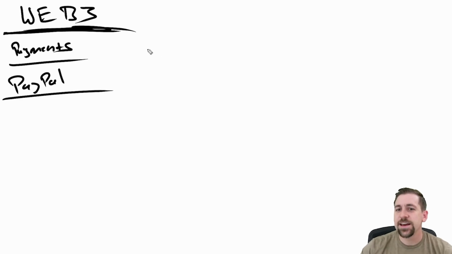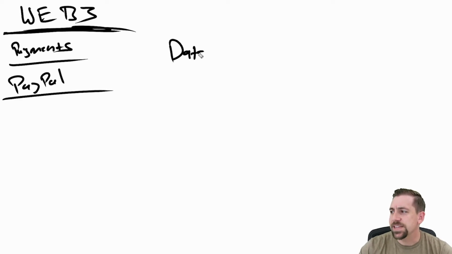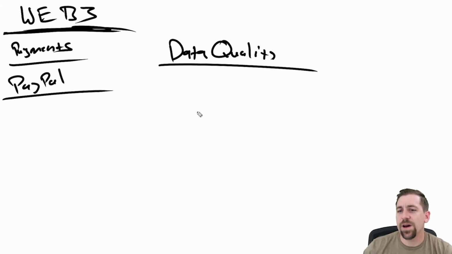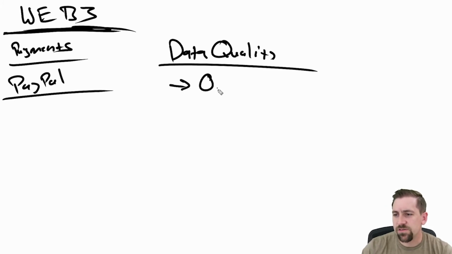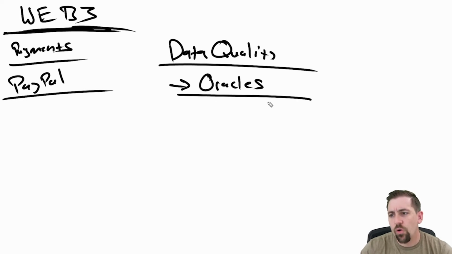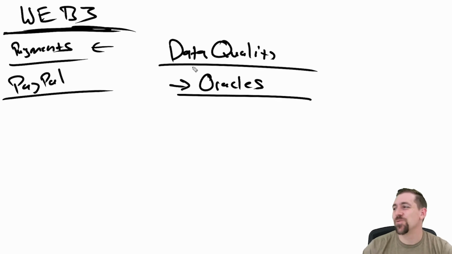How about something that actually really stuck with me when I first got into the space: data quality, for example. You ever think about something like this? In the Web3 world, they call these data oracles. And so these are providing quality data to things like the Web3 infrastructure when you're doing fast, immutable and non-reversible payments. So you're not as concerned with the quality of the data when payments are reversible, right?